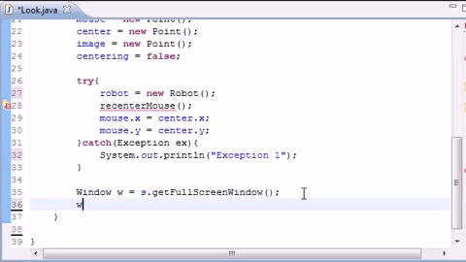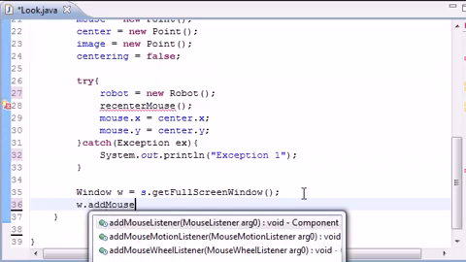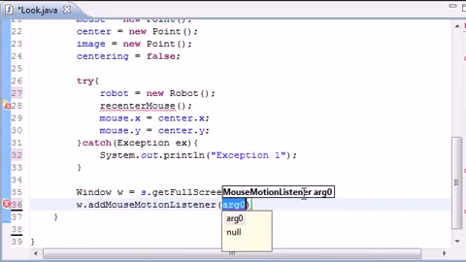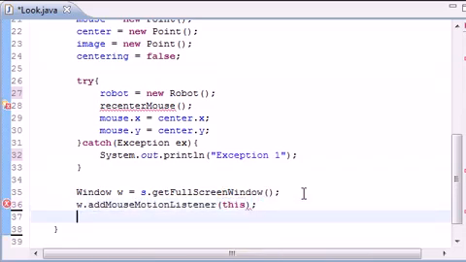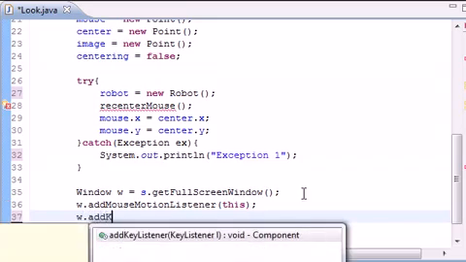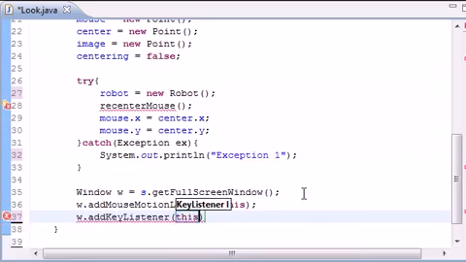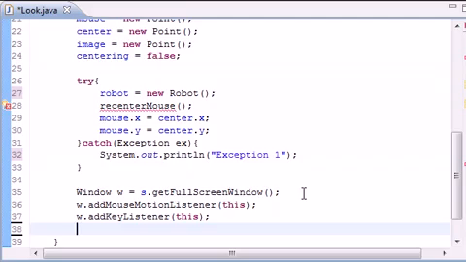Now we need to go ahead and add mouse motion listener, and it's just going to be this, which is the window, and window.add key listener, and that's going to be this as well, which is again the window, hasn't changed. Next, set your background equal to new